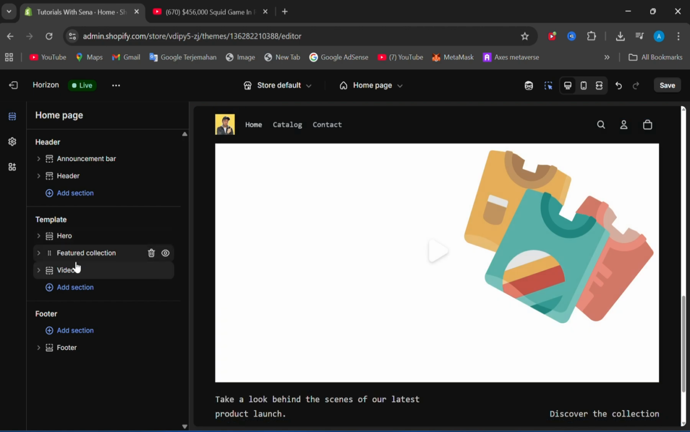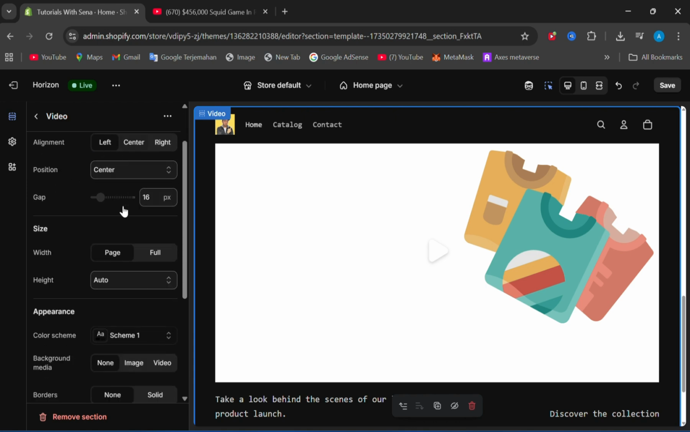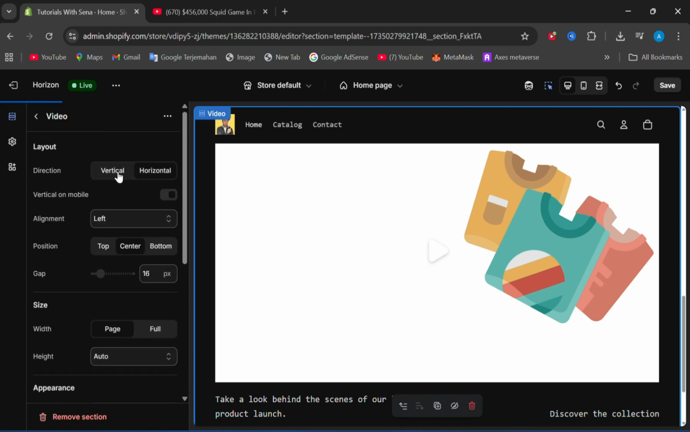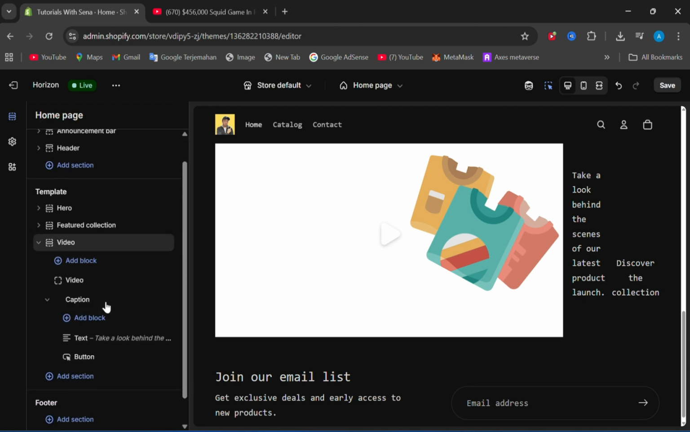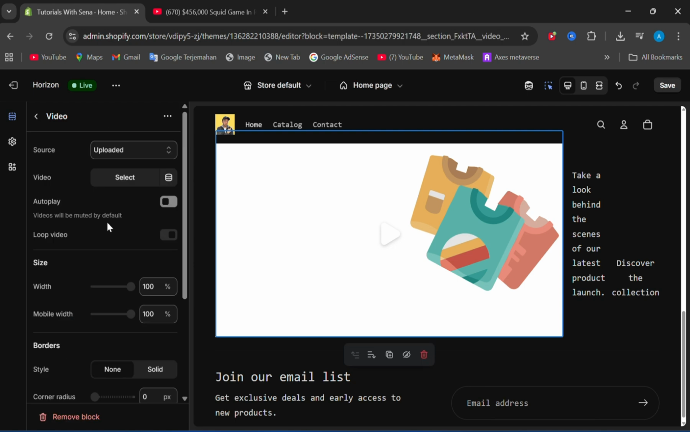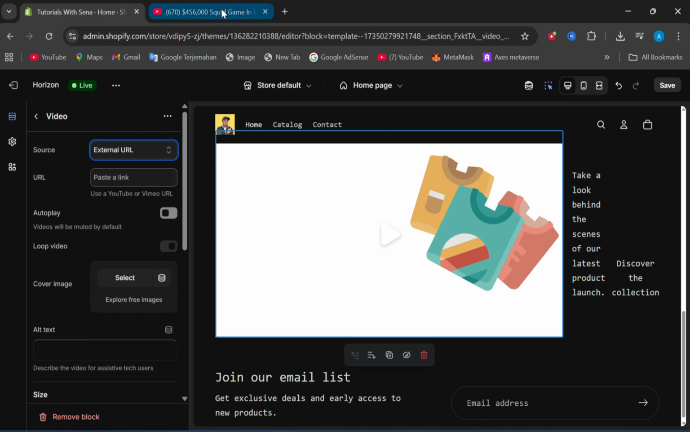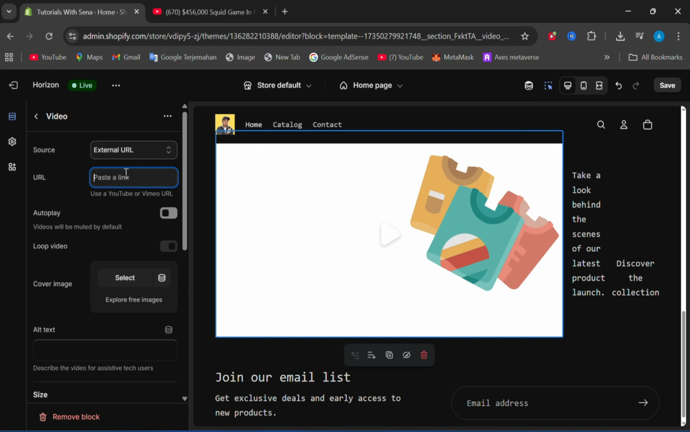And then you can edit it. You can go to the video and change the layout, vertical, horizontal, and others. But if you just want to add an embed video, you can click video here. Then, as you can see in the search here, you can click external URL, and then I will use this video here, and then I will paste it here,